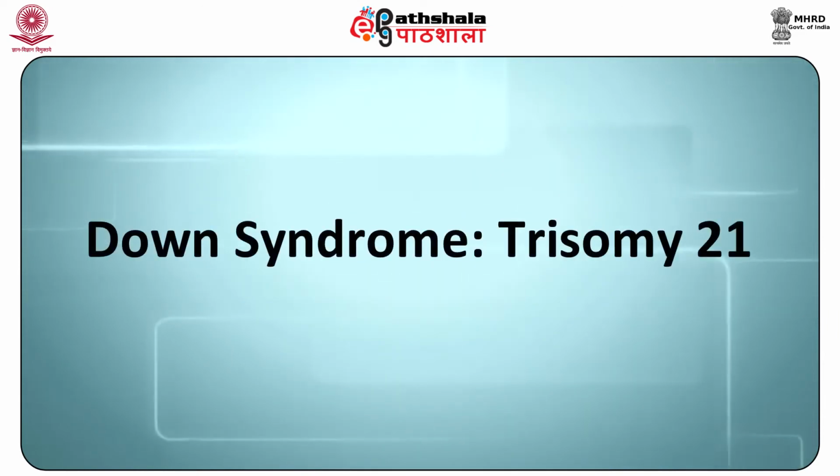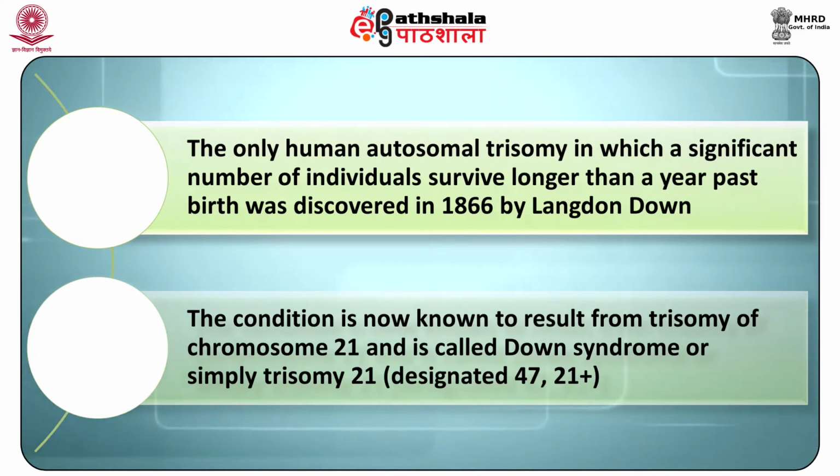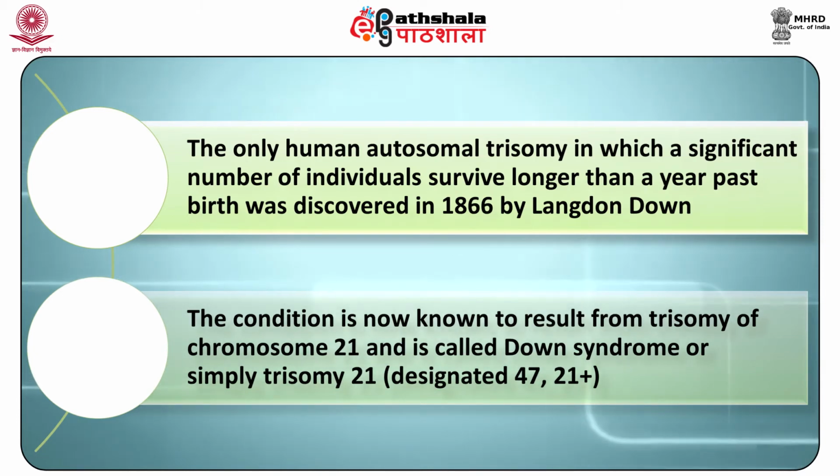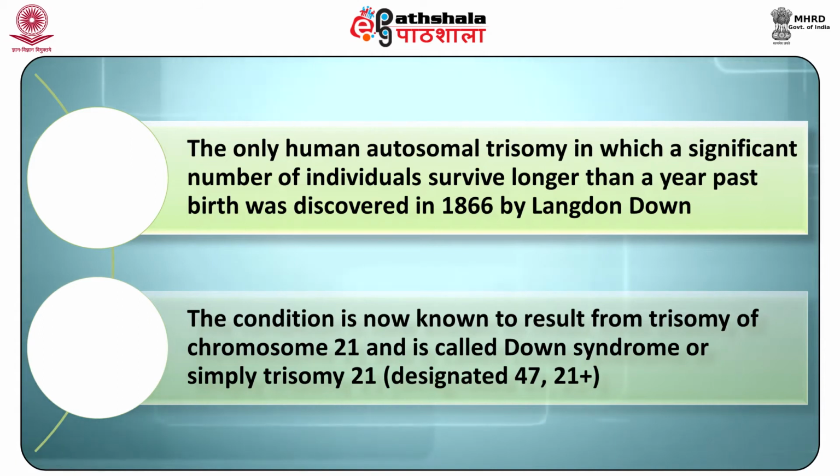Then let us see Down syndrome, or the trisomy of 21. The only human autosomal trisomy in which a significant number of individuals survive longer than a year past birth was discovered in 1866 by Langdon Down. The condition is known to result from trisomy of chromosome 21 and is called Down syndrome or simply trisomy 21,